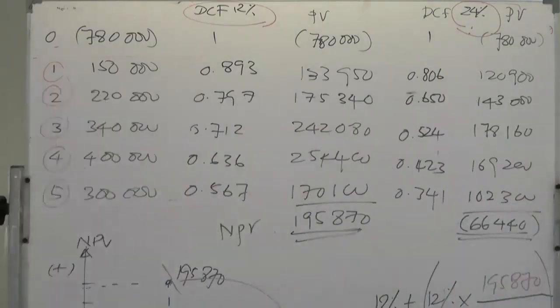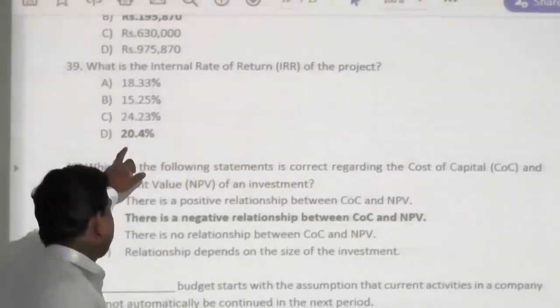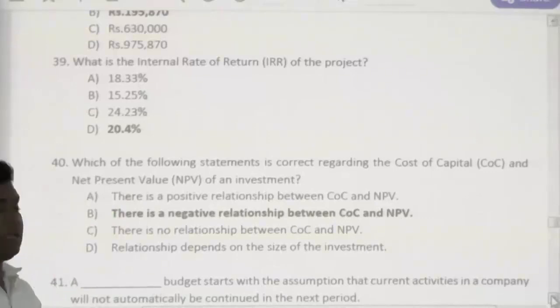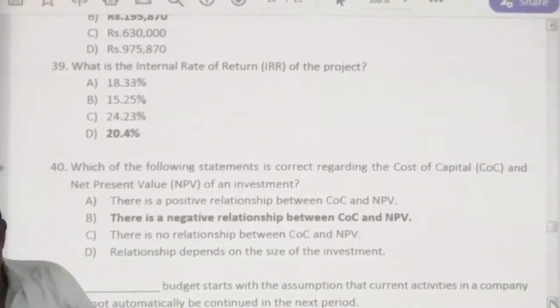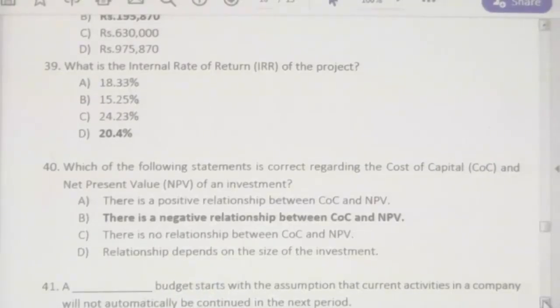Let's see the answer given in the 4 answers list. The closest answer is 20.4. We reached 20.9. Therefore, the answer would be D. Right. From this calculation, we have discussed how to use all the project appraisal techniques together. If I remind it to you again,